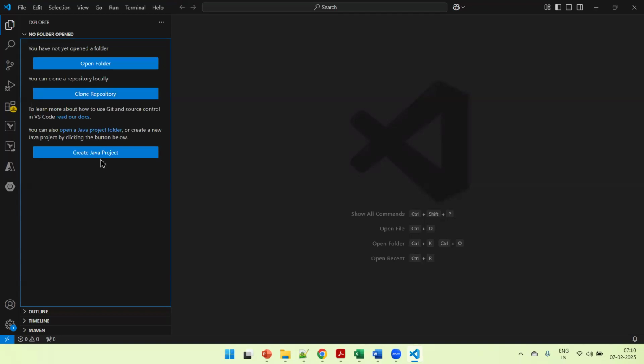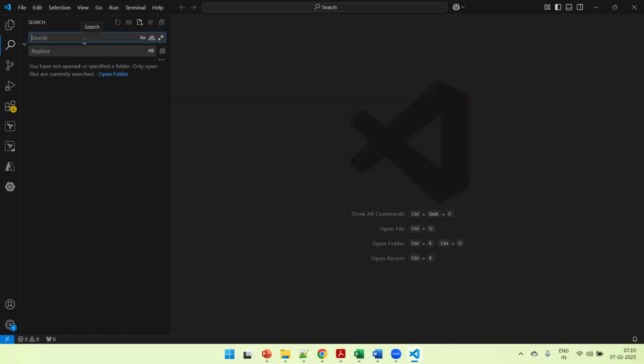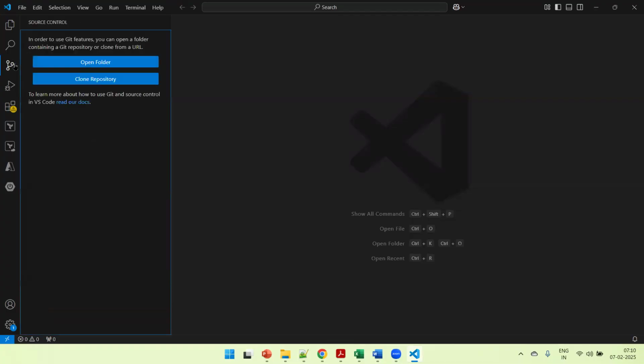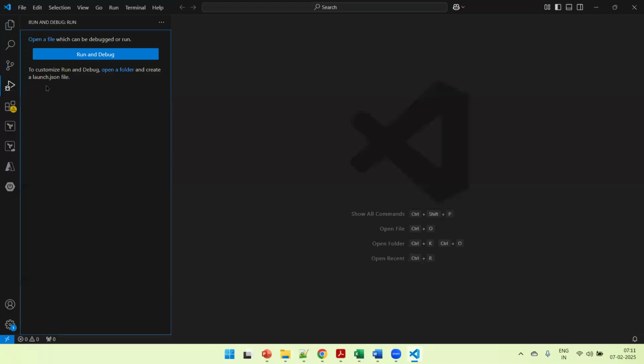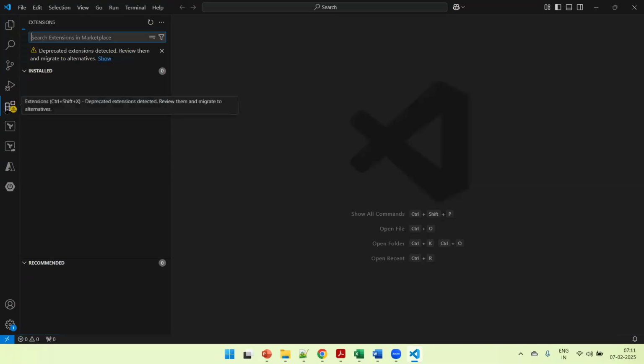And I have installed the Java extension for my Java-based web application. So I get this option, create Java project. And then the search is used to search the components from your workspace. And this source control is used to directly interact with your remote repositories. And for any Java-based application, we can install some debugger to debug your application components. And a very essential thing is your